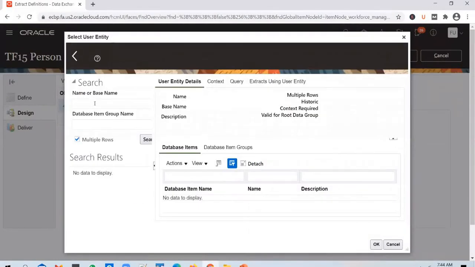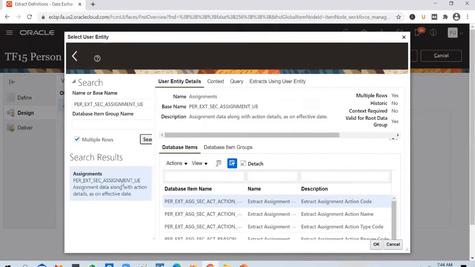And when you click on advanced, you can put it in there. You can copy paste the user entity that you have selected, and you can search for it. This will pull the details of the user entity. You will be able to see the details of it.